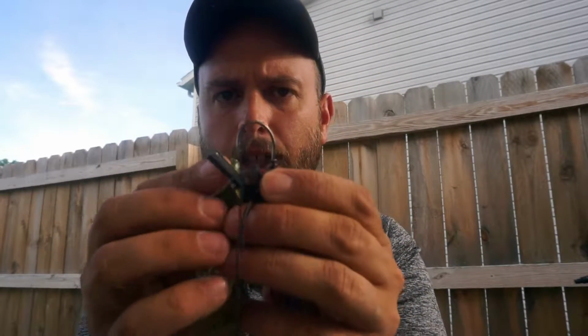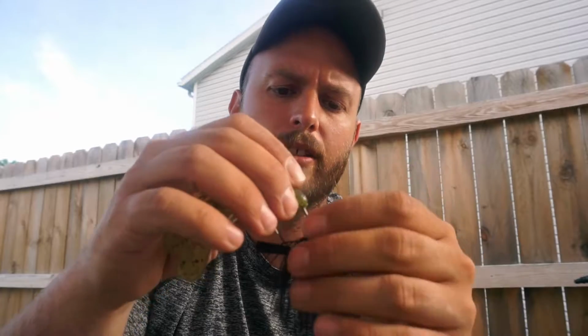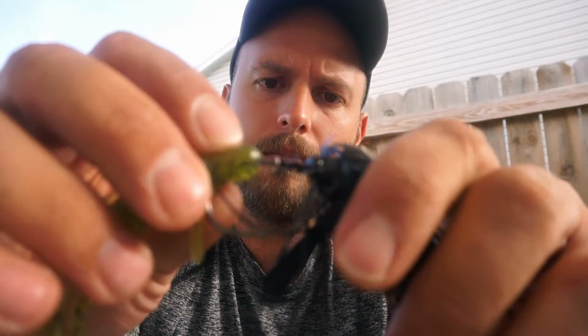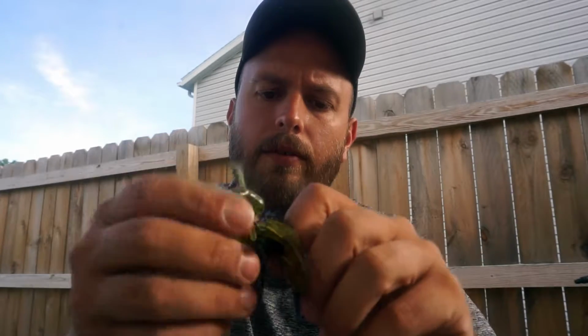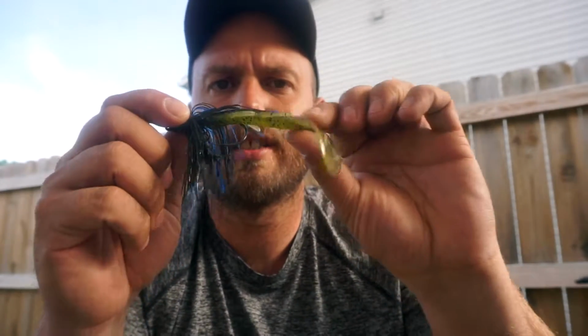With the threaded, you thread it on just like a Texas rig. You push this little brush out of the way, thread it up on, let it come out. And these particular ones, these are the Heavy Hitters by Strike King. They have the spring in there. Keep holding your bait, so you have to spin these on. And if you have a larger bait like this Speed Crawl is, it can be kind of a pain. Now, if I was actually going to fish this lure, I'd probably end up cutting this down quite a bit just to keep it more nice and